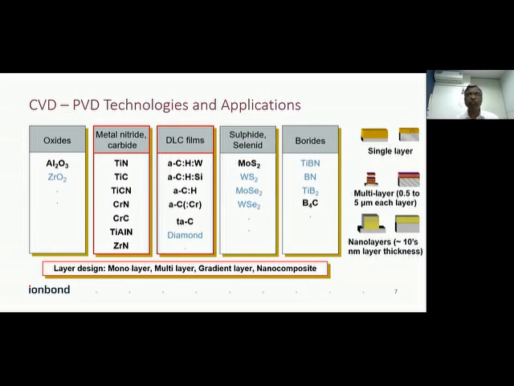We get a very low coefficient of friction, less than 0.1, with amorphous carbon with hydrogen and tungsten, or amorphous carbon with hydrogen and silicon, or amorphous carbon coatings with or without hydrogen. So all these different variants of diamond-like coatings are being used to reduce the